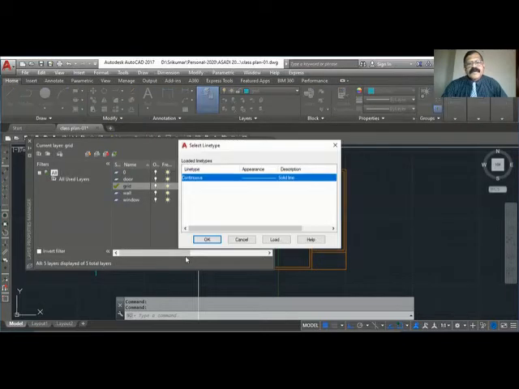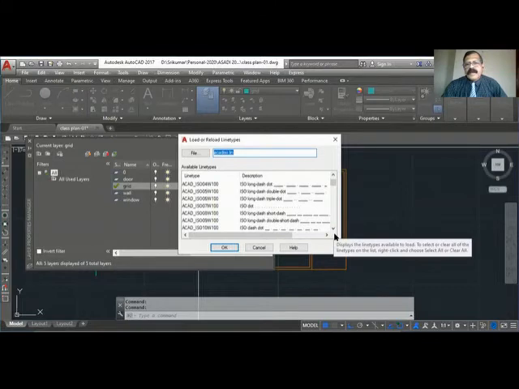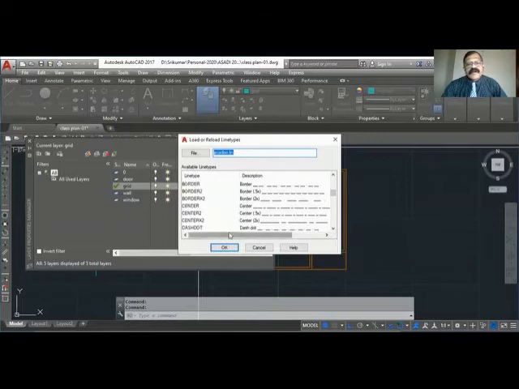Click. You can see that there is only one line type, continuous only. There are no other lines, only one continuous, solid line. So we have to load. Click load. You can see that there are many line types, and every line type has a name. You will select center.